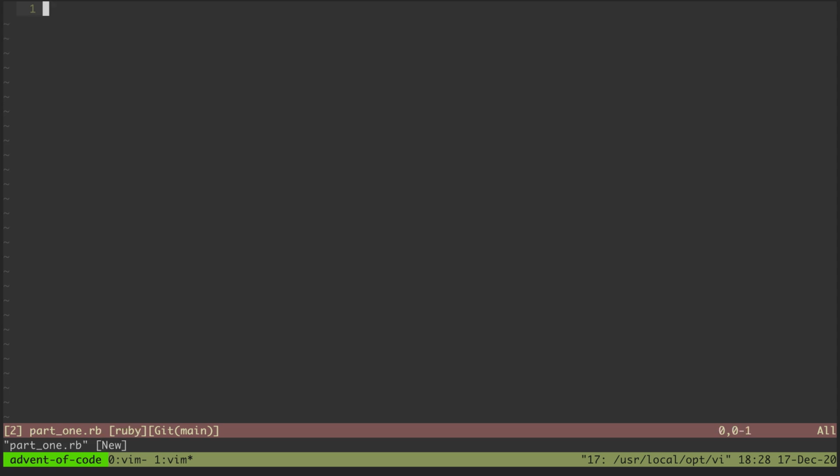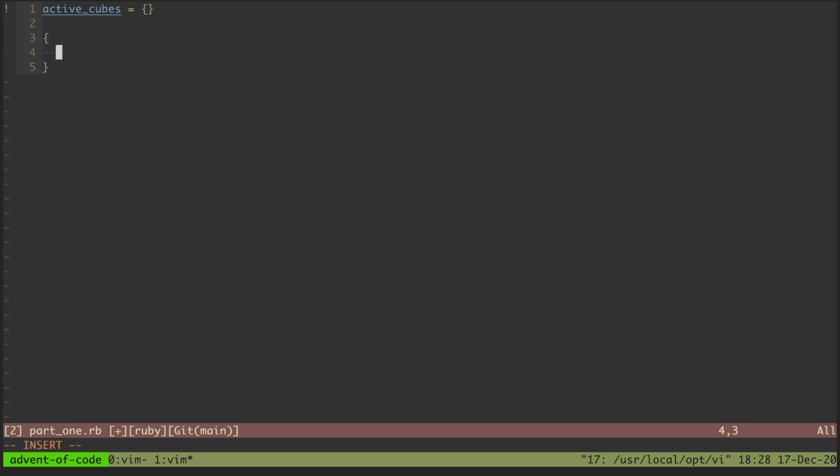I think this problem lends itself well to Ruby because I am imagining keeping track of this 3D grid, this 3D space of cubes. I'm imagining keeping track of it by having an active cubes hash, which will look like, rough start there. So I have an active cubes hash, and the way I'm imagining that will look is that